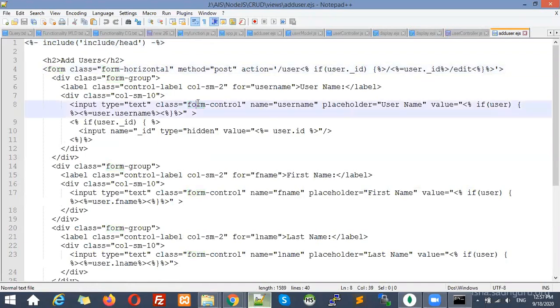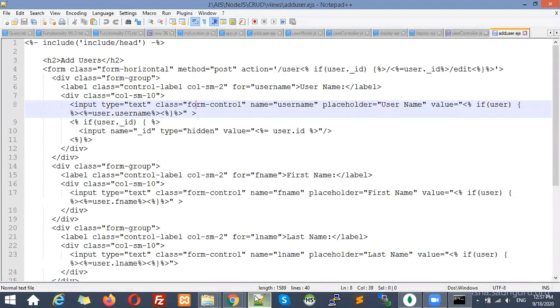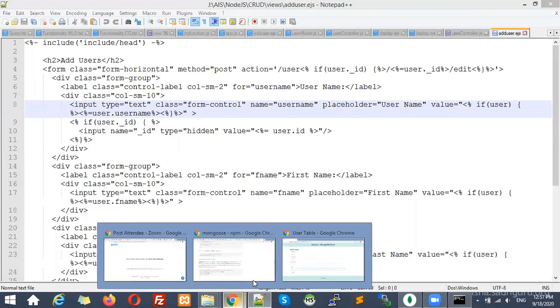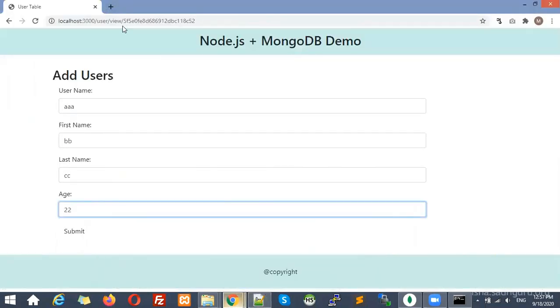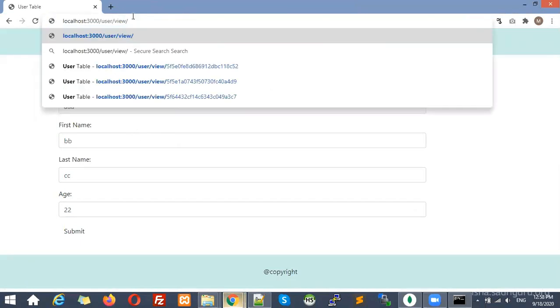These changes we have not made because this form we have used for insert only. But for update, what do we need to change? If it is update, how can we know that this page is for update? Because this same page will be used for insert and update. How can we know? If we are passing a parameter. For example, here you can see, if this same page has a parameter after view, that means it is for update.